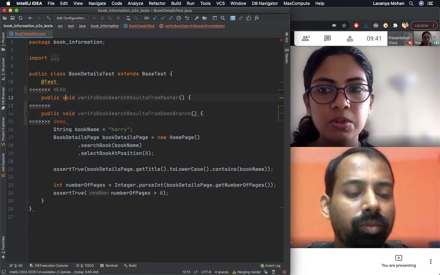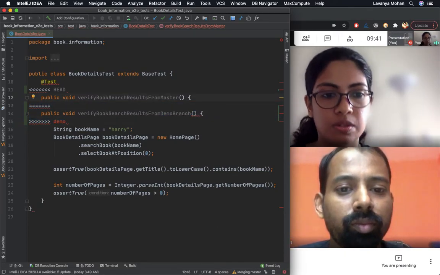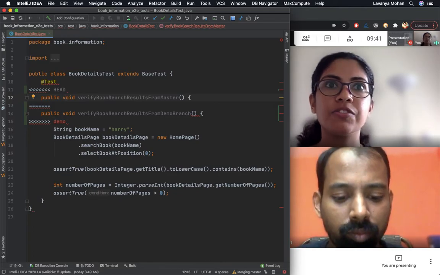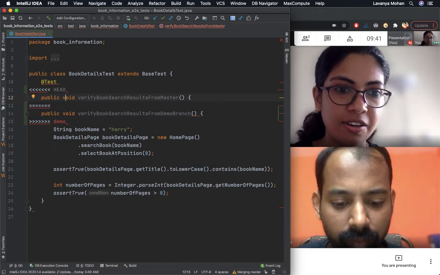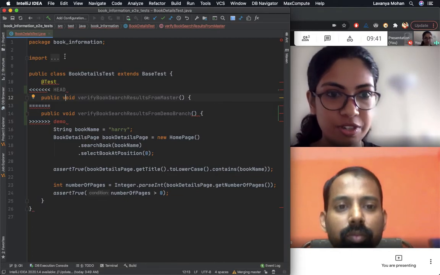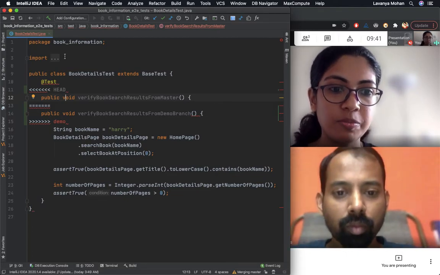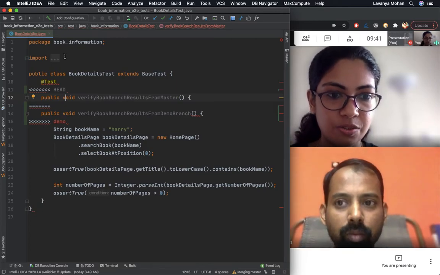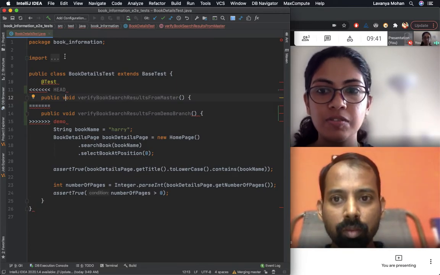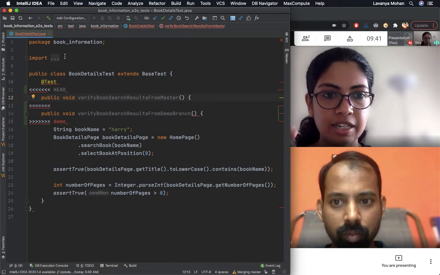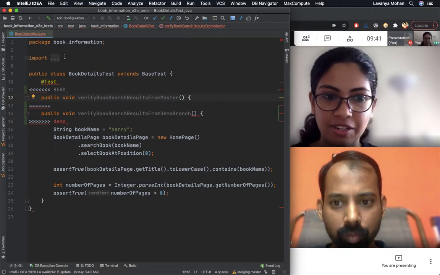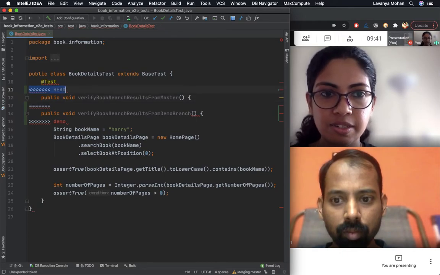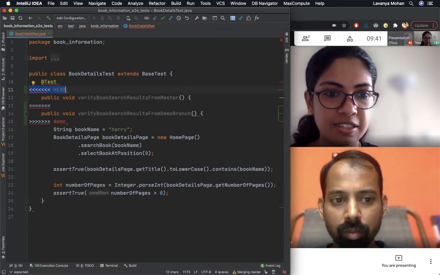There could be trickier ones where we need things from both. For example, a lot of this happens with import statements. There are a whole bunch of import statements. On master, you imported a few things. On the other branch, you imported more things, but they are on the same line, so that caused a conflict. And when you're resolving, you want both. All of that depends on which part of the code you're working on. But basically, it just gives us hints that this is present here and that is present there. Which one do you really want?